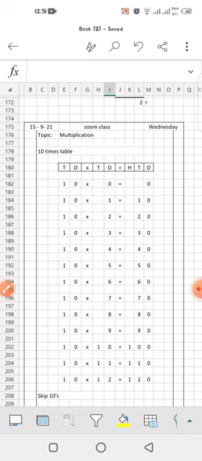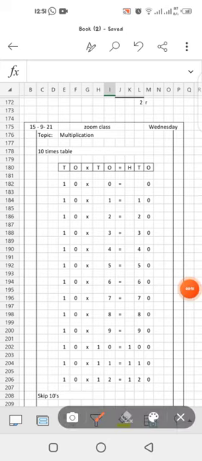Every learner has memorized, Alhamdulillah, the skip counting from 2 to 5, and now the 10 times table skip counting they have also revised in the classroom. I hope this is the easiest skip counting you can do, and you can memorize this very well and very easily, and very quickly as well. Alright, today we have done the 10 times table.